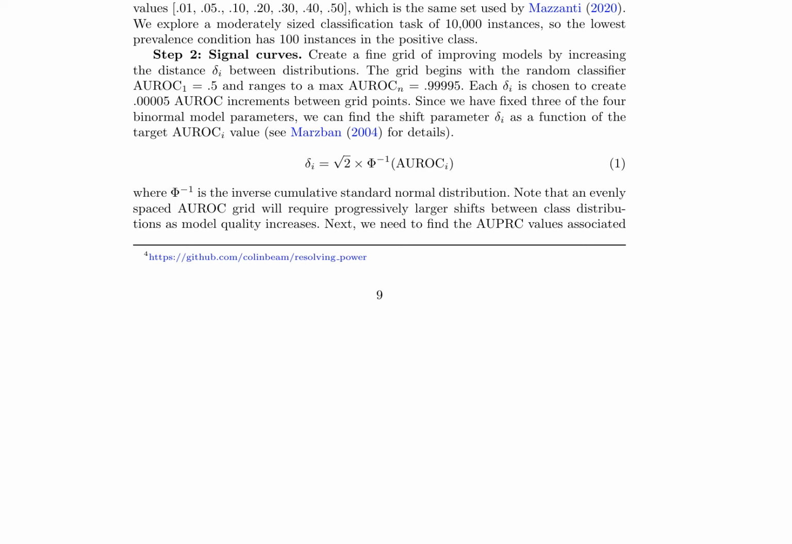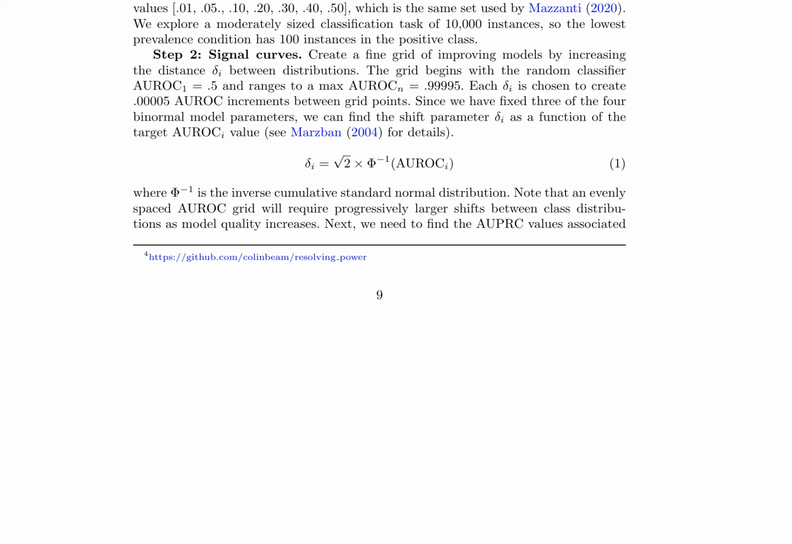Signal curves are created by finding the AUPRC values associated with each delta I value, requiring the fixation of 3 of the 4 binormal model parameters. The analysis explores a range of AUROC values, from 0.5 to 0.99995, with increments of 0.00005 between grid points. Equation 1 shows that an evenly spaced AUROC grid requires progressively larger shifts between class distributions